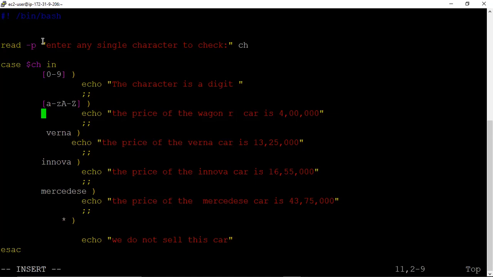So this is our variable. Any value between a to z, any value between capital A to capital Z. Here the output is: the character is alphabet.